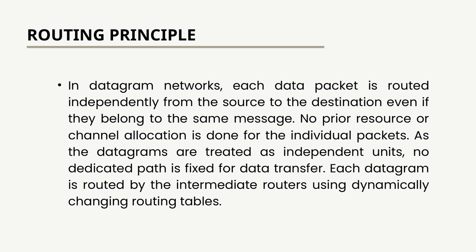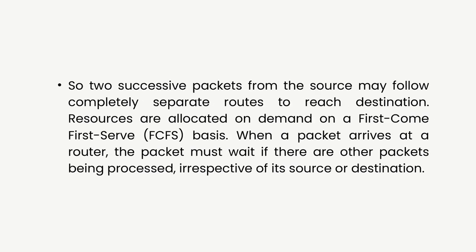Instead, each datagram is treated as an independent unit. Routers along the way use dynamically changing routing tables to decide the best path at that moment. This approach provides flexibility and efficiency, especially in networks with variable traffic conditions. It also aligns with the overall theme of dynamic and adaptive data transfer methods in modern networking. So, what this means is that two successive packets coming from the same source might actually take completely different routes to reach their destination. This highlights the dynamic nature of routing in networks, where paths can vary from packet to